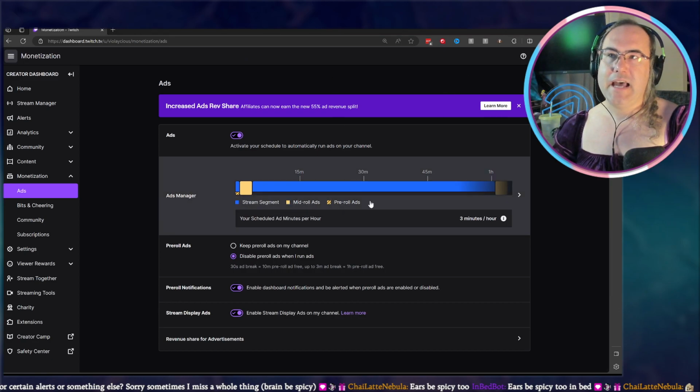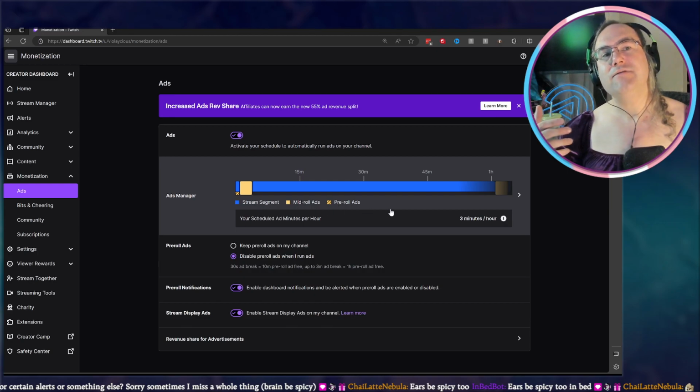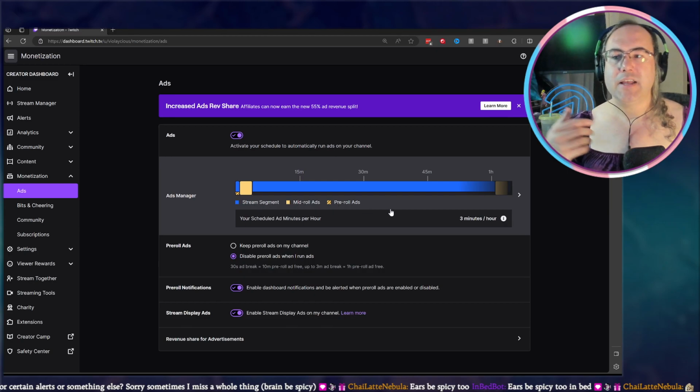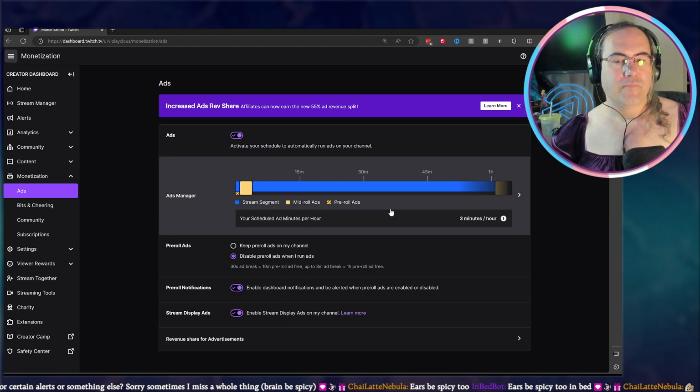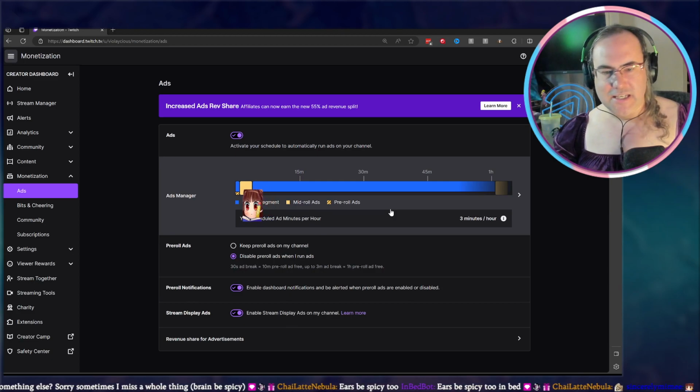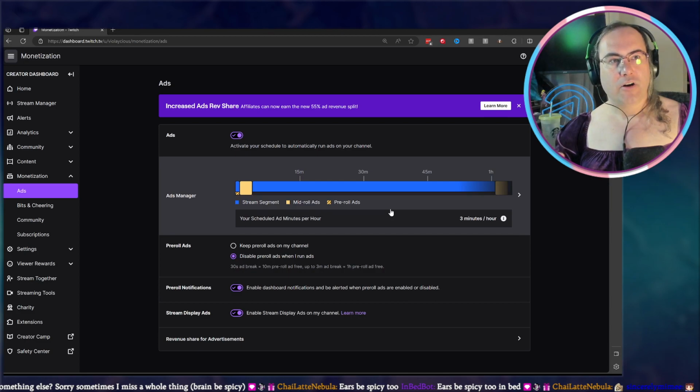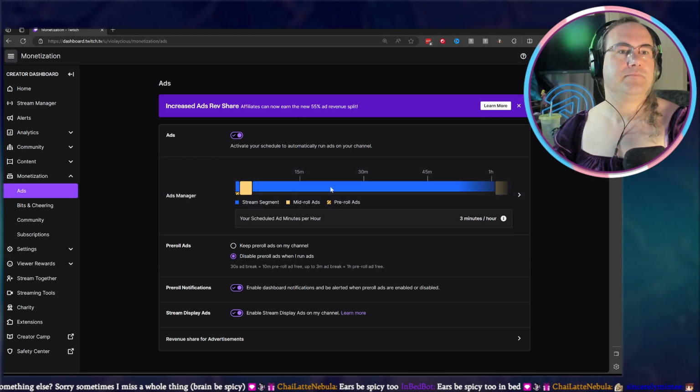It also, this ad manager, so I have this bar shows in my OBS. So this little bar underneath it is just telling us when pre-rolls are active. And then you can see here, they say stream segment. So they're kind of suggesting that you run this like you would if you were watching a TV show. If you turn on Freevee or IMDb TV or whatever it's called today, you get an ad, then you get some show, then you get an ad. And with pre-recorded stuff, we already expect it.